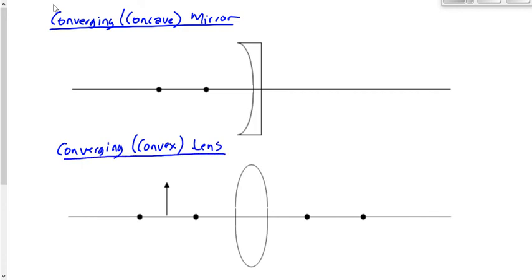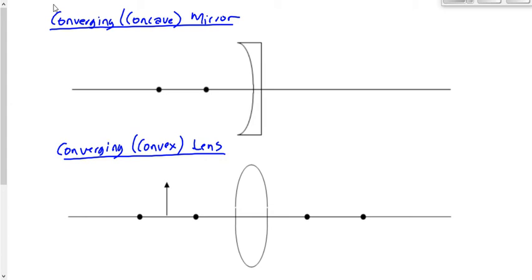How do you know the difference? You've got to remember the difference. Simple as that. If you know that this is a mirror, you have to know that this is a mirror. You've got to be told that this is a mirror and that this is a lens. But if you're told that, you've got to remember that